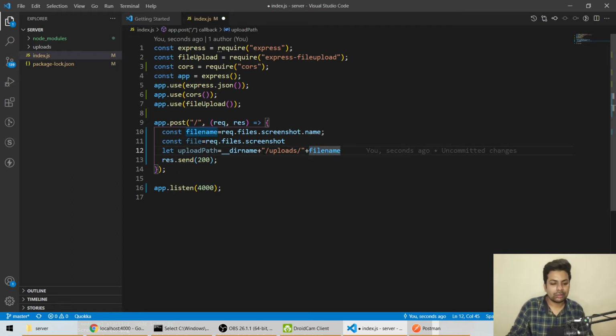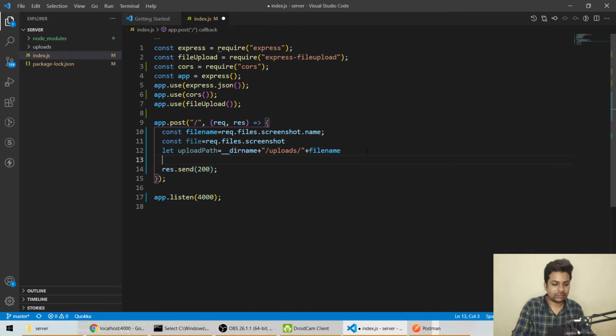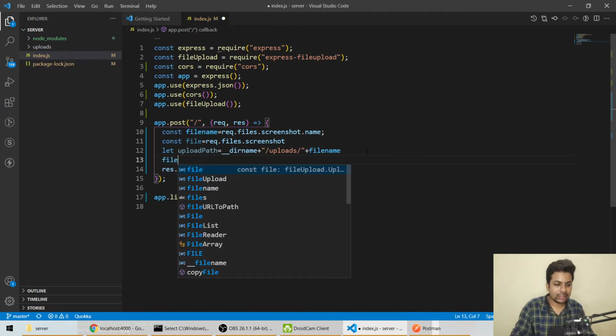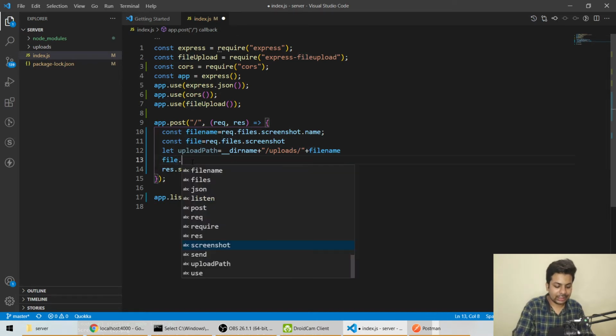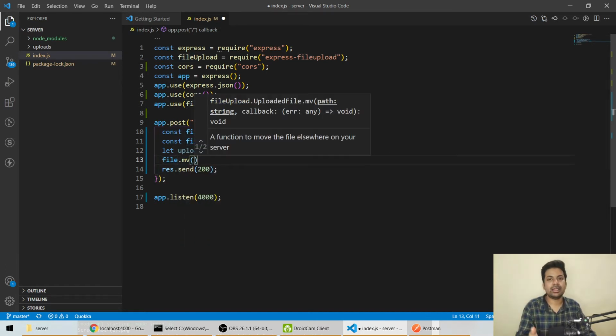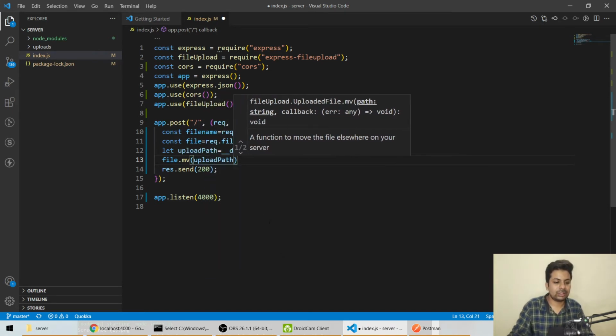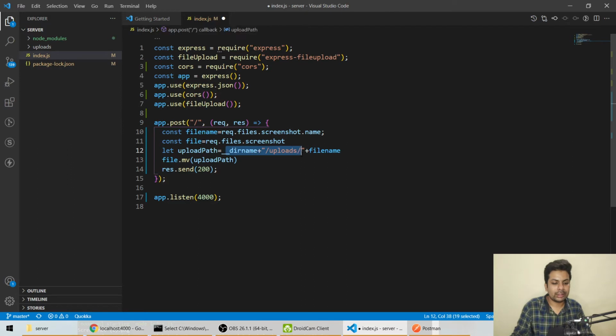Now let's go above. This is the whole file I got. Now I'll say mv, move the file. It will ask where, so I'll say uploadPath. It will automatically go to this uploads directory and save it with whatever the file name is.